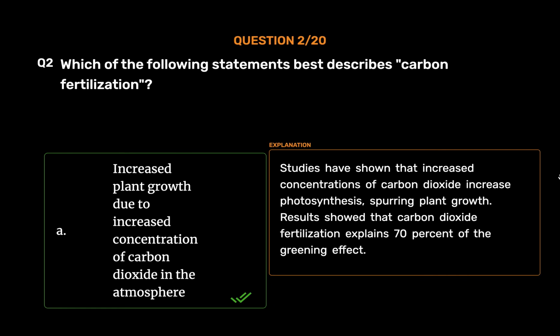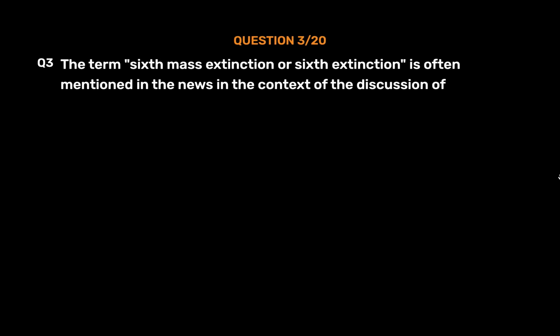Studies have shown that increased concentrations of carbon dioxide increase photosynthesis, spurring plant growth. Results showed that carbon dioxide fertilization explains 70% of the greening effect. Question number 3. The term sixth mass extinction or sixth extinction is often mentioned in the news in the context